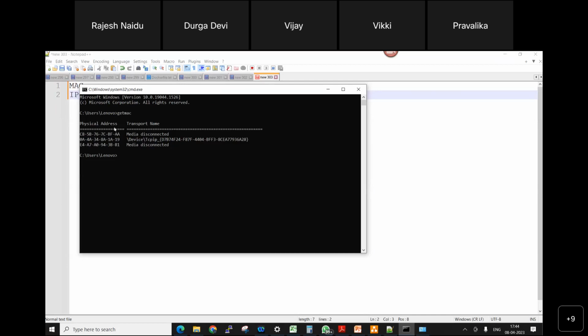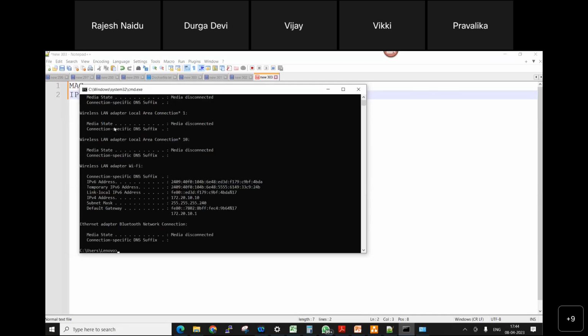And in the same way, this system has an IP address also. This is my IP address, 172.20.10.10. So every system has one physical address and one virtual address, maybe an IP address. So now